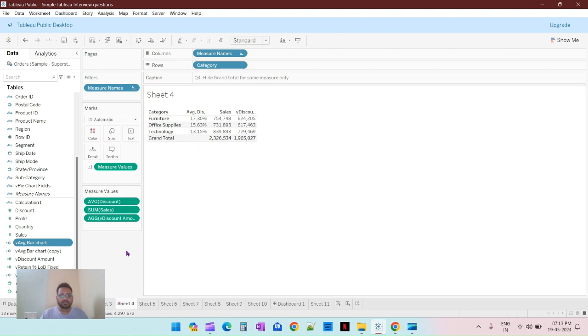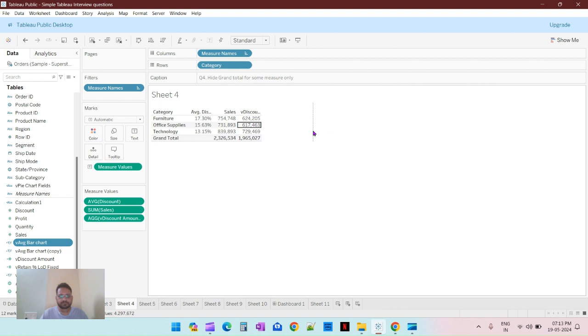Now the fourth question was also a very simple question. The interviewer added a few measures here in his Tableau worksheet. So if you see, I did a small modification here in the dataset. If you remember, there is a default discount field. So basically that discount field is not the sum, or it's not the discount amount field, but it should be considered as the discount percentage in our calculations. So I have considered that only,